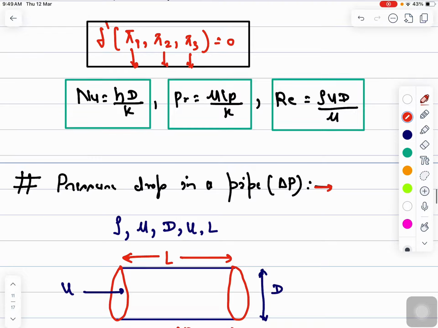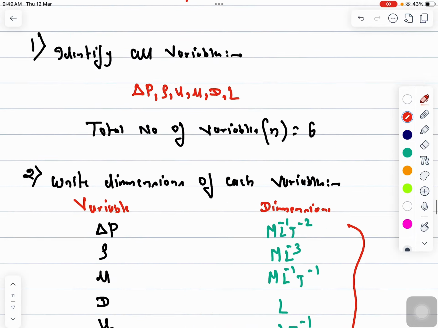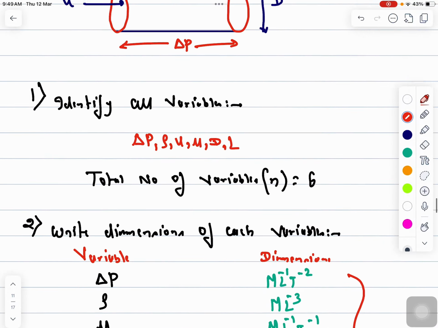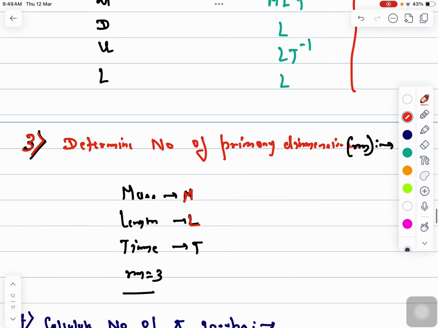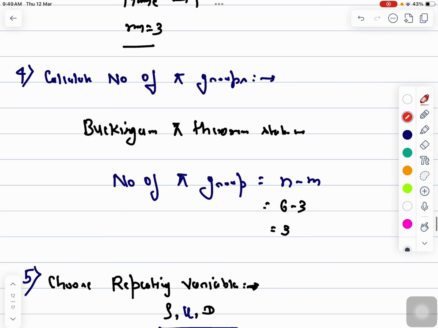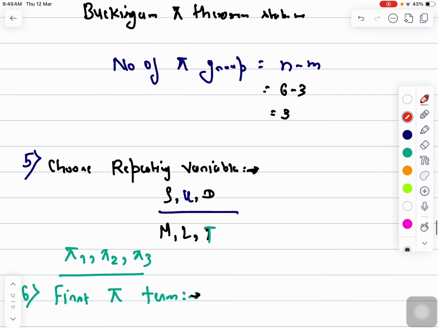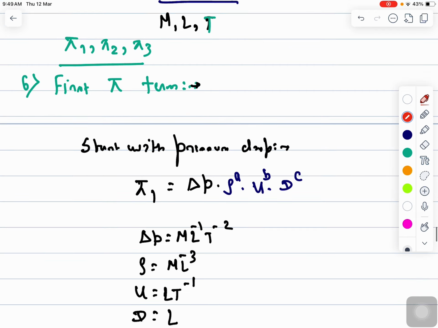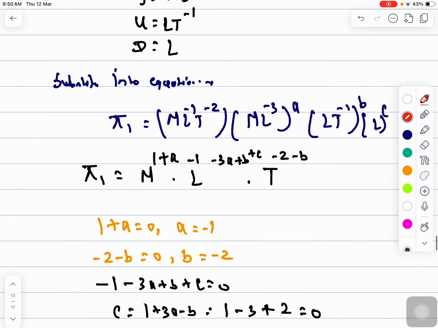calculation of pressure drop in a circular pipe, where we saw that there were six variables, and the total number of primary variables was 3. Subtracting 3 from 6 in the Buckingham pi theorem, we got 3. So based on this, we could make 3 dimensionless parameters, pi 1, pi 2, pi 3, and then we calculated the values of pi 1, pi 2